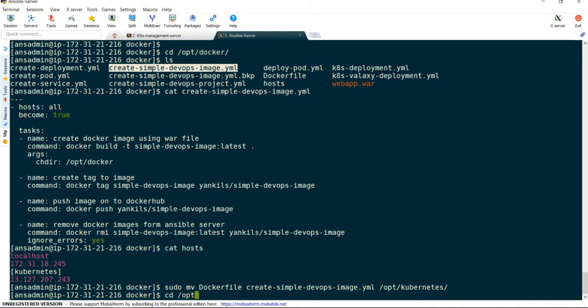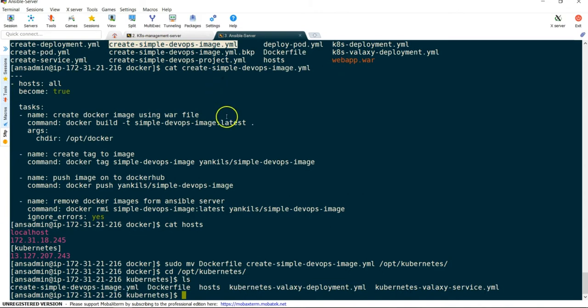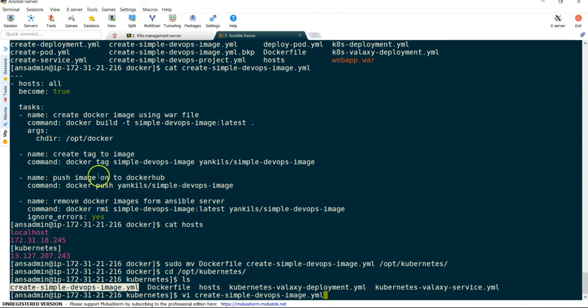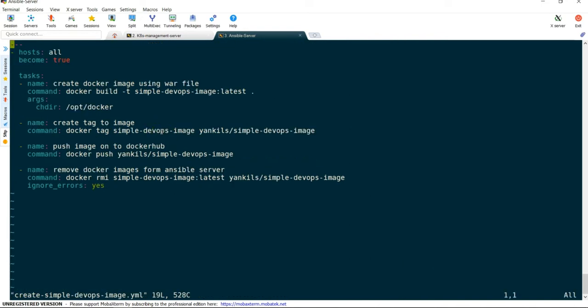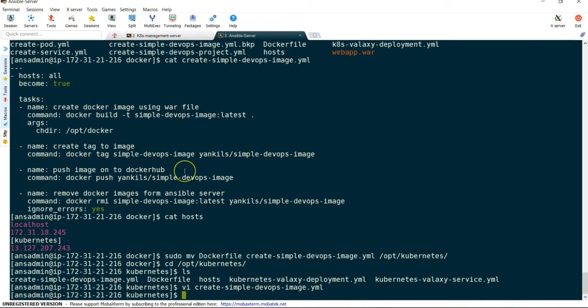Let's go back to /opt/kubernetes. Now we can create the image directly over here, but we should change this one a little bit. Earlier we were saying to create the image under /opt/docker. Now we are going to say create the image under /opt/kubernetes. Okay, this is one thing. Another thing is